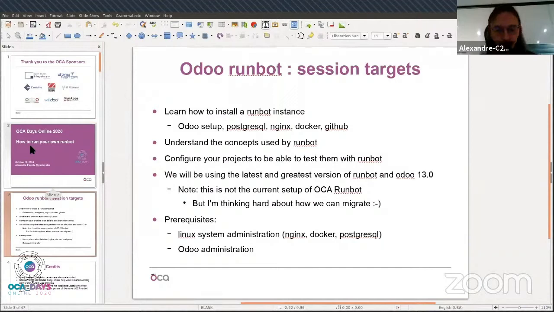Now, the thing is, Runbot is an old project. It started, I think, in 2015. And there's been some huge evolutions. And if you're using the odoo.com Runbot, you may have seen,